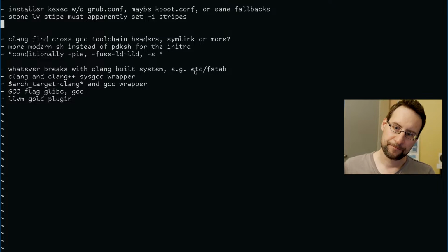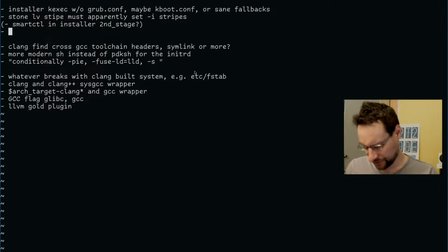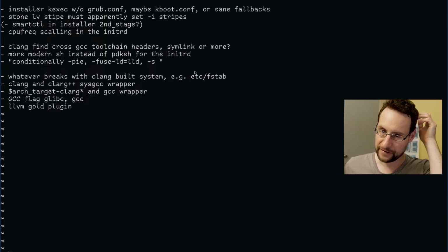Other things would be, if we wanted to be really fancy, I thought back, did I not once upon a time have smart control in the installer initrd or in second stage? And it also raises the question, do we want CPU frequency scaling in the... I mean, it's getting a little bit excessive, but these modules are not the largest. Maybe we should actually include them. I mean, if we have already 19 megabyte or whatever compressed,